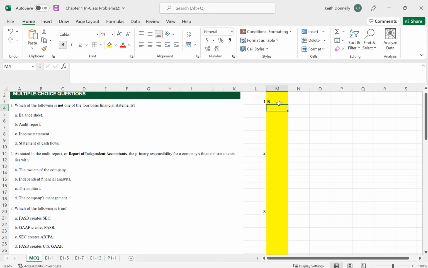Speaking of the audit report, we have a company who hires an auditor to audit their financial statements. That auditor produces an audit report. It's not a financial statement, it's a separate item. When we're talking about the primary responsibility for the company's financial statements, they lie with, this is going to be, 2 is going to be D,